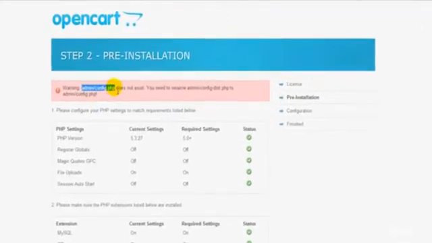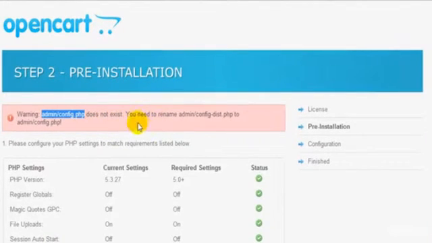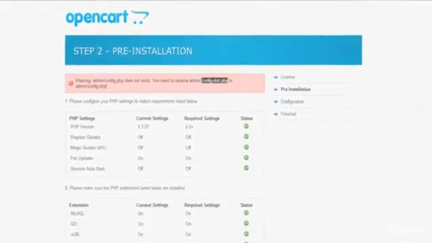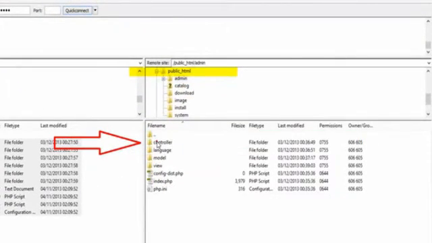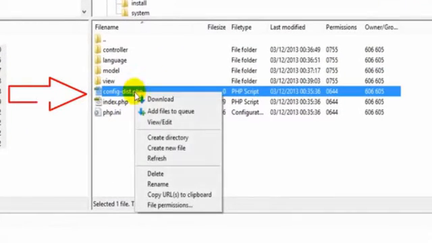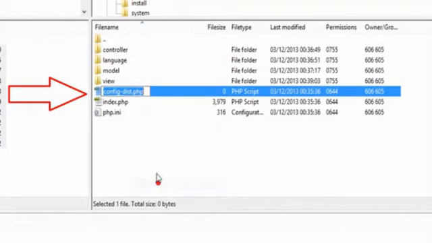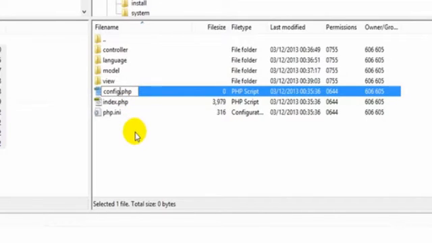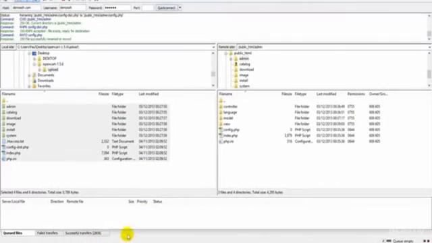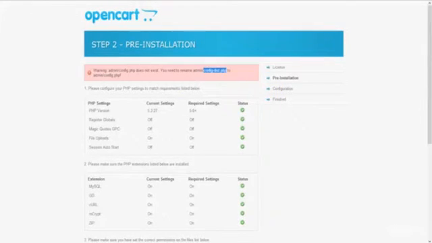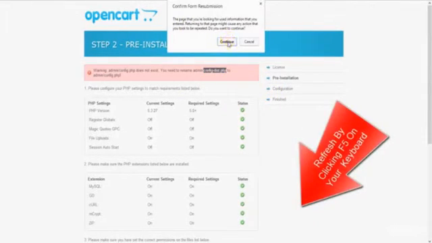So basically in the admin folder, config.php does not exist. So there is a file there in the admin folder called config-dis.php. So we've got to rename that file. So we'll go over to FileZilla again and we'll go into our admin. There is our config-dis.php. So we are going to right click and rename that file by simply deleting out -dis. So that's that done. Back over again to the front end of our site and we're going to refresh the site